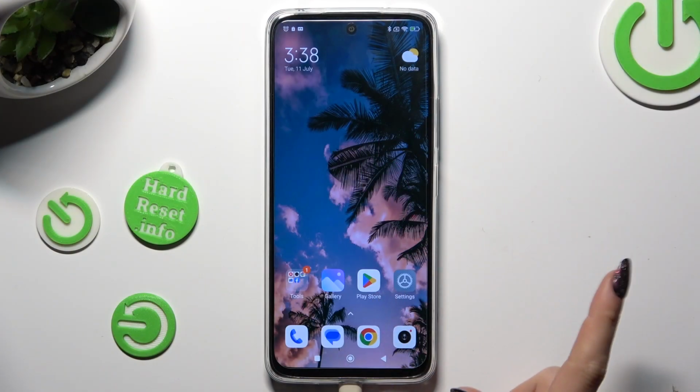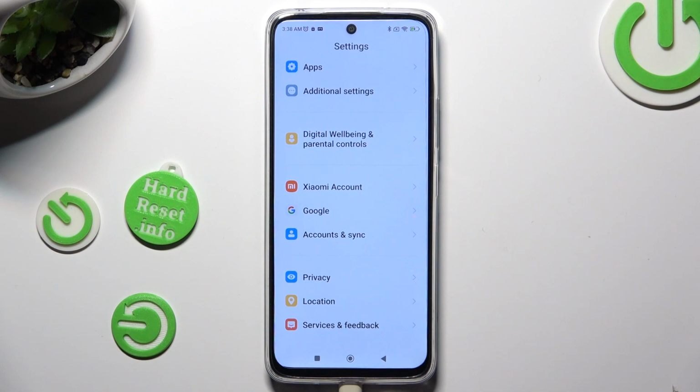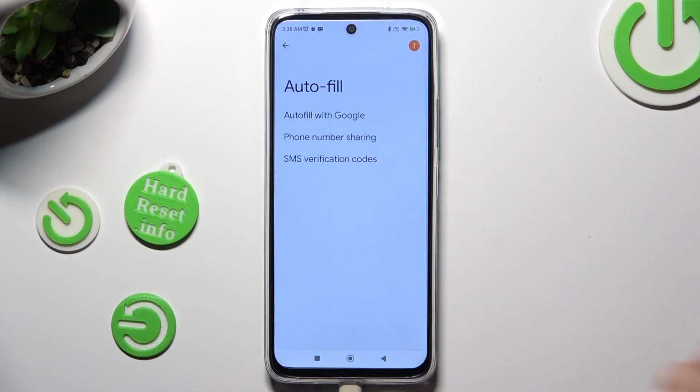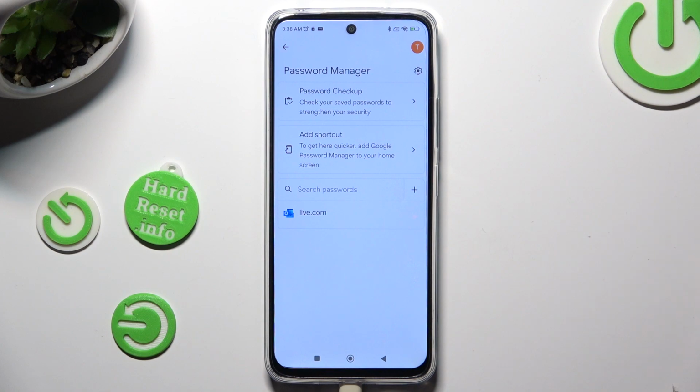Begin by opening Settings and scrolling all the way down to access Google. Now tap on Autofill with Google, and Passwords. If you can't see any of those options, that means that you never added a password